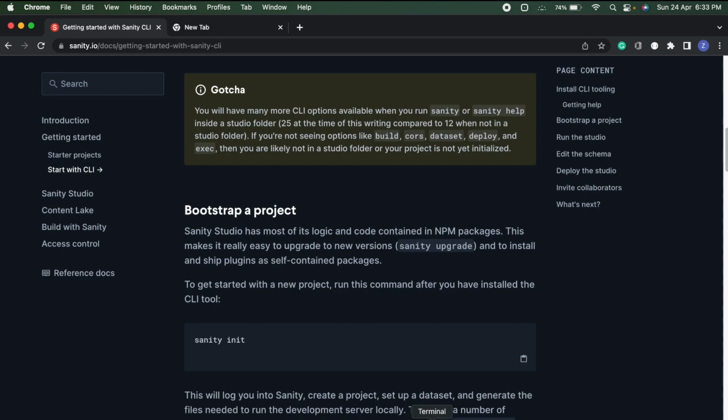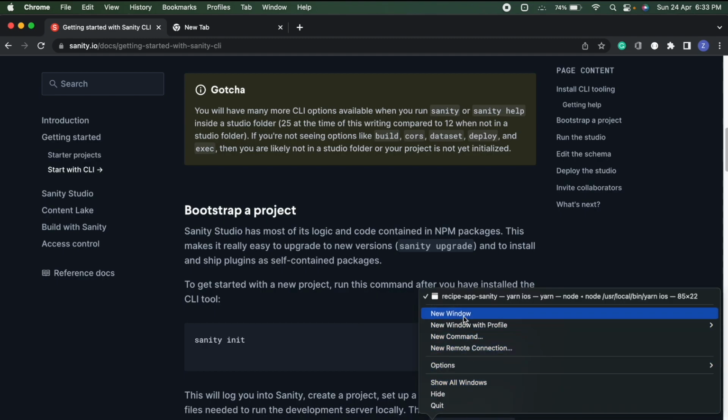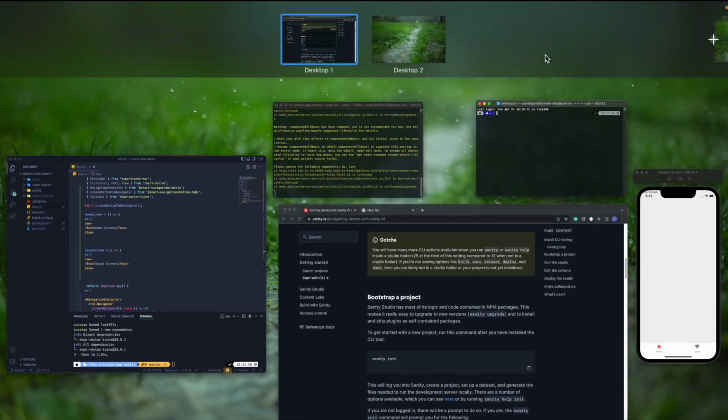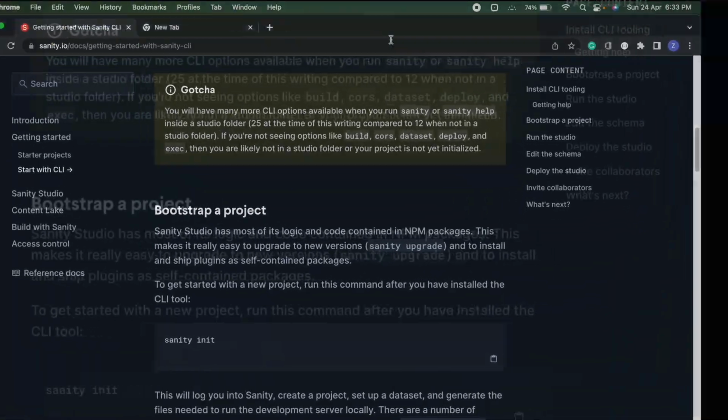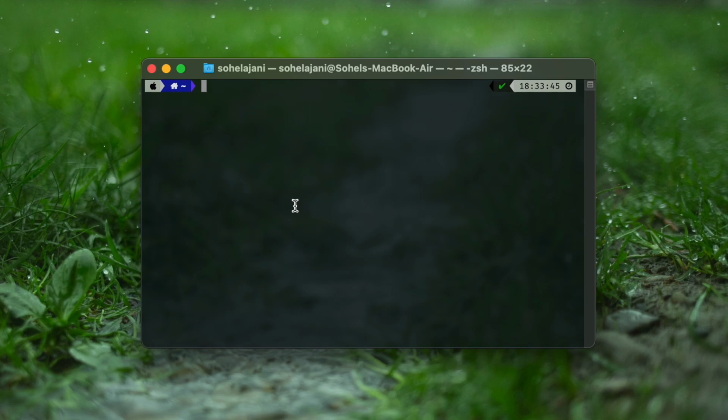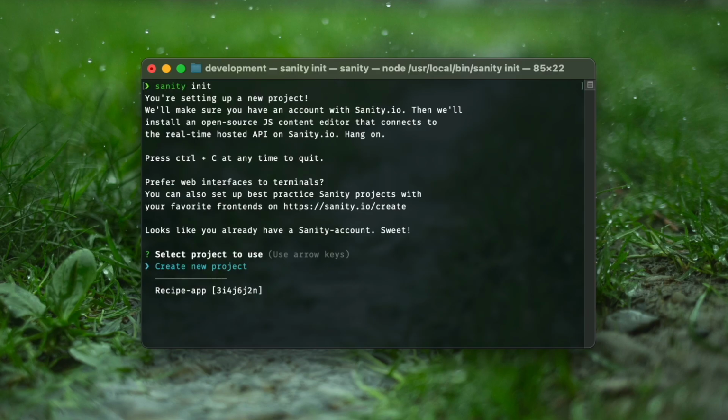So for that I'll open a new terminal window, so right click new window, and I'll open a new tab as well. So I can go to the development folder, and in there I can make a sanity files folder, sanity init. So I can create a new project and I can name it as recipe app YouTube,